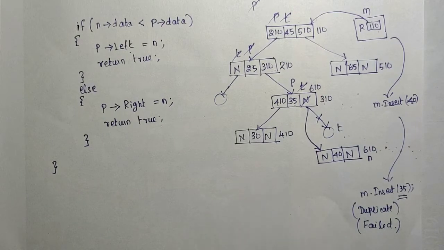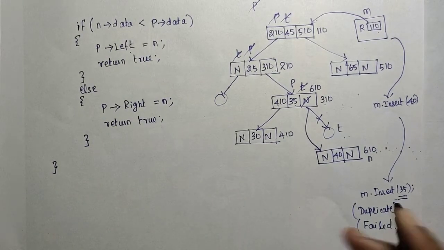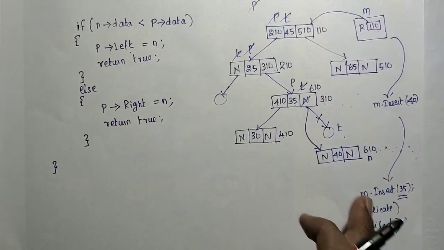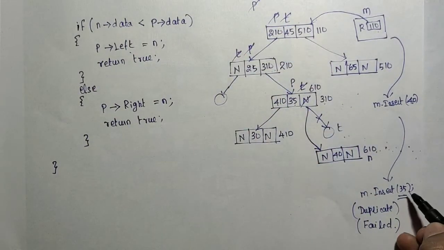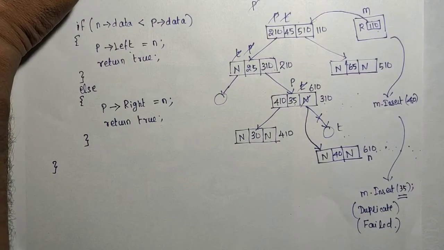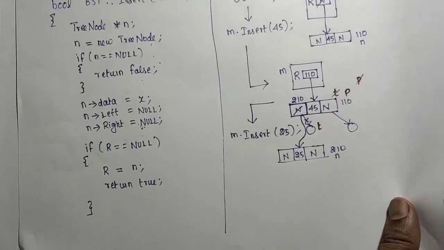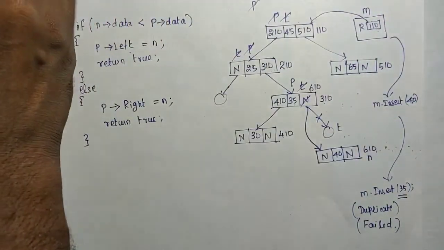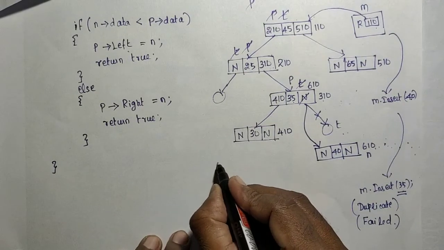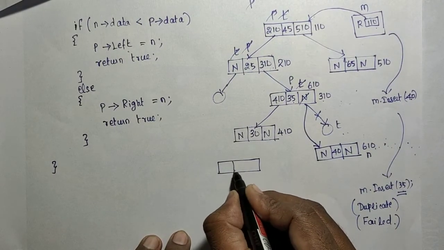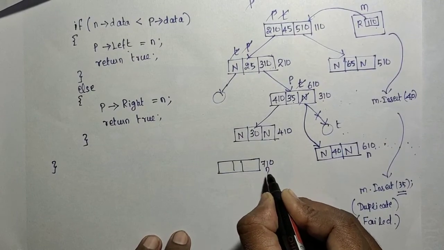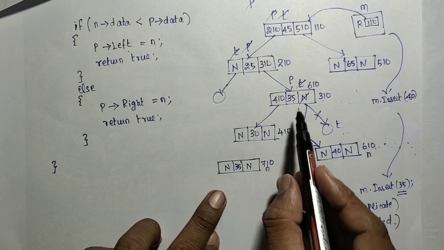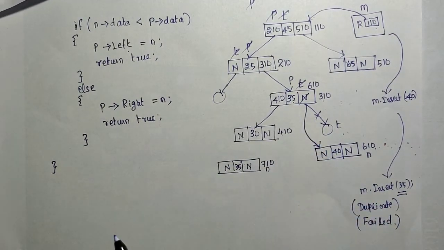One more modification I can do, that is, if duplicates arise, they will be identified during the searching only. But before doing the search itself, the memory for the 35 will be created, because as per our algorithm the first two steps are what? Memory creation, correct? So the 35 node will be created here in some 710 location as the new node. 35, and this will be null.